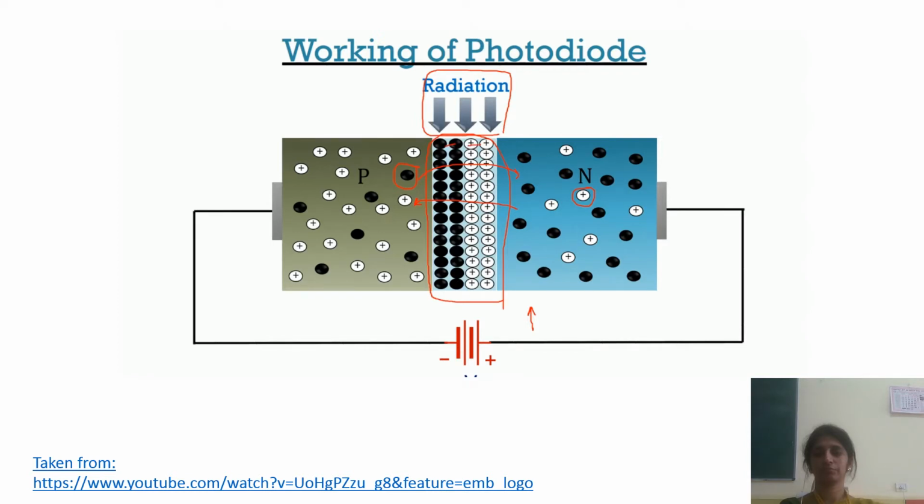At the time of separation, the holes present in this region get attracted towards the negative potential of the battery, and the electrons get attracted towards the positive potential of the battery. Due to this whole process, the flow of current takes place. And with the increase in the intensity of radiation, the current through the device also increases. More simply, we can say that the current through the device is directly proportional to